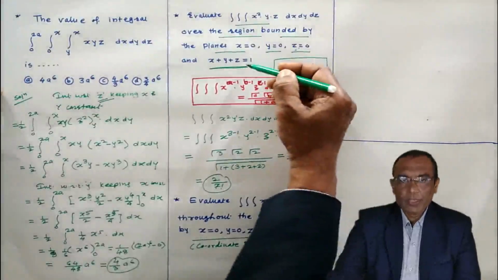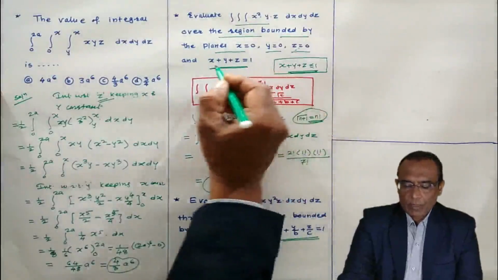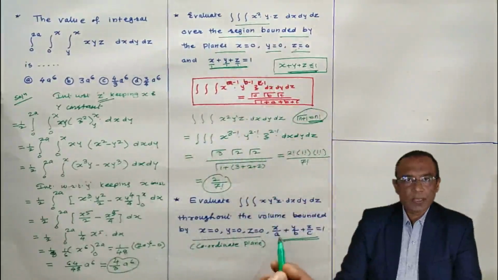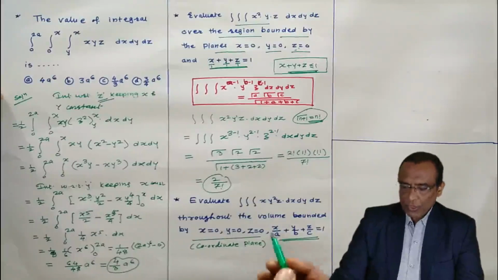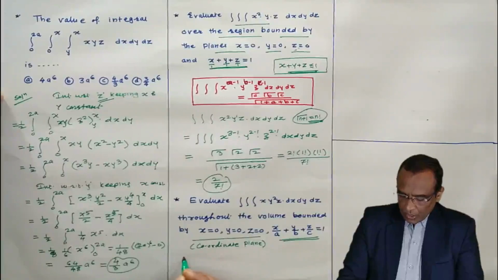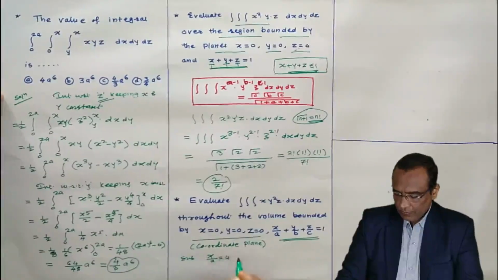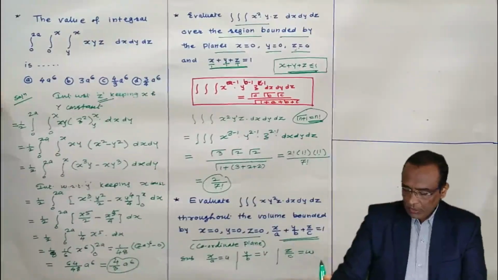But what is the difference between these two sums? Here, the x, y, z intercepts of the plane are 1, 1, 1. Here, x, y, z intercepts are not 1, 1, 1. Therefore, I am going to use a substitution so as to bring this condition. What I am going to do is substitute x by a equal to u, y by b equal to v, and z by c equal to w.